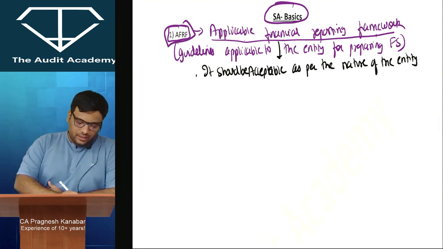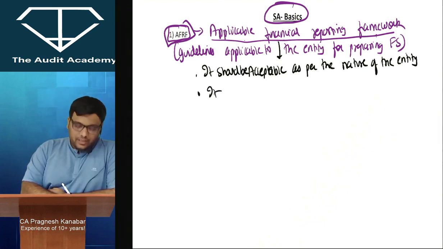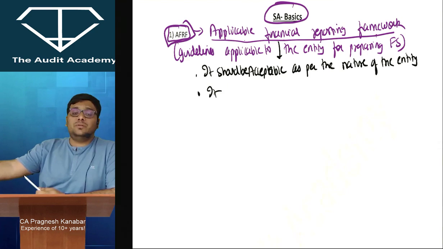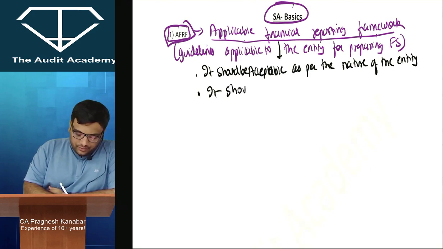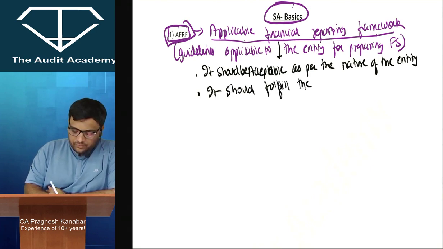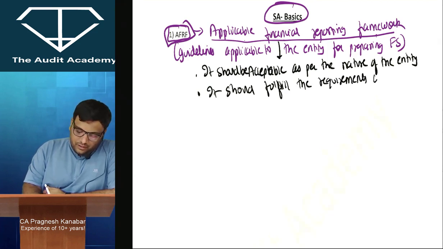Nature of the entity means you can't expect Tirupati Balaji Trust to prepare P&L. They will prepare income and expenditure. Then it should fulfill the requirements of